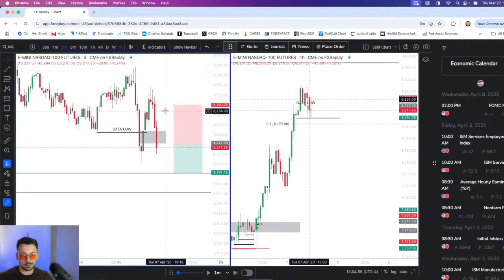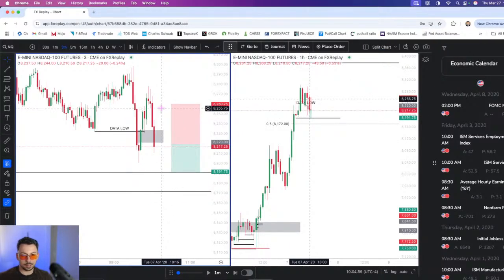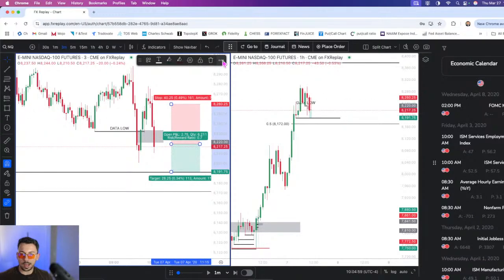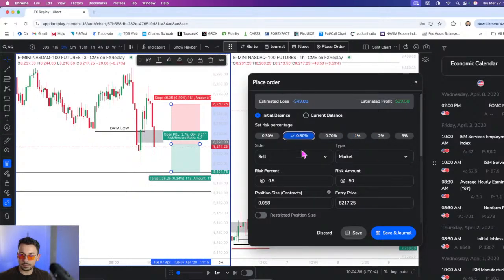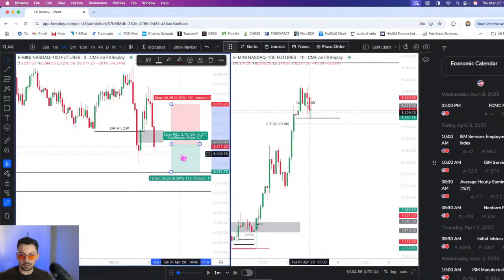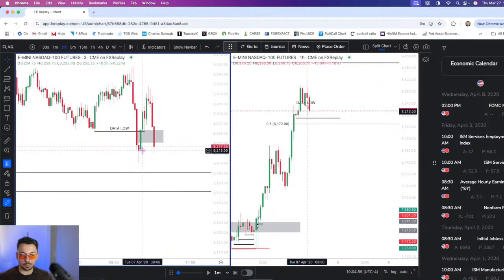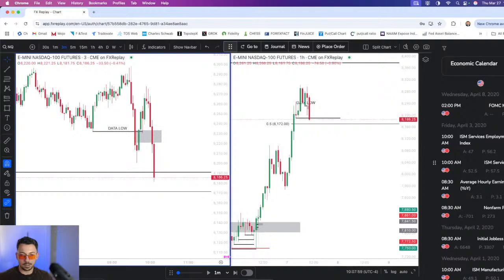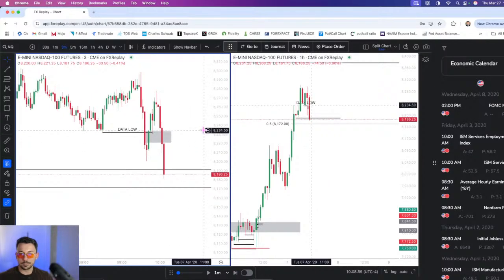The R is not that great. But nonetheless, I think it's good. So let's do this half size. And this, ooh, well, we already swept that low. Nah, I'm going to skip out on this. Never mind. Even though I think it's going to work, because we swept this internal low, I'm not going to take this yet. I'm just going to let it play out. All right, so it worked, but it is what it is.